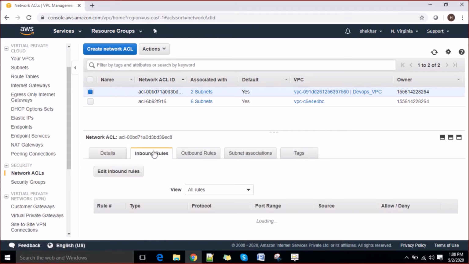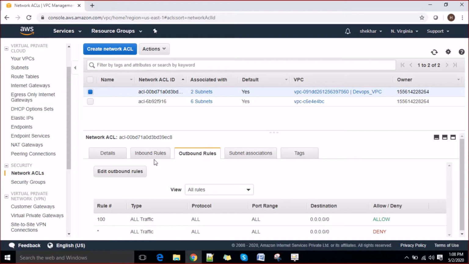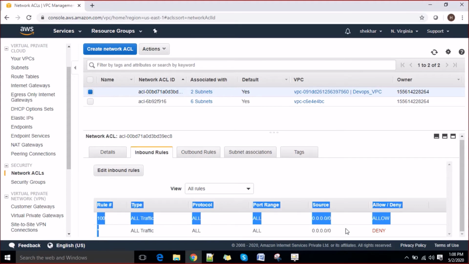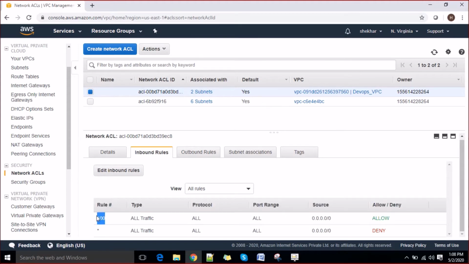The second section shows the inbound rules and outbound rules. As I said, this is an additional security layer on top of your EC2 instances, apart from your security group. If you go to your inbound and outbound rules, by default you will see star, everything is denied, and another rule, rule 100, where all traffic is allowed.